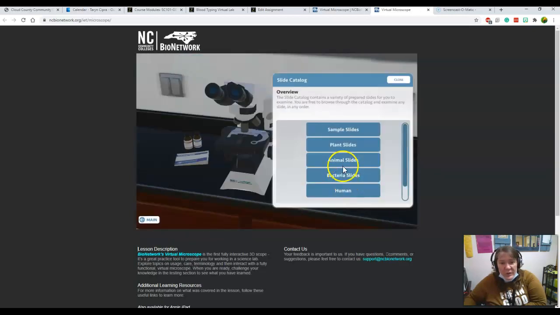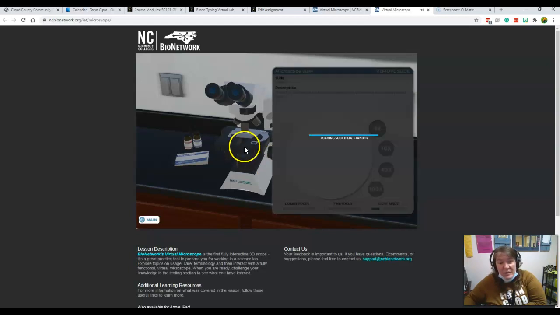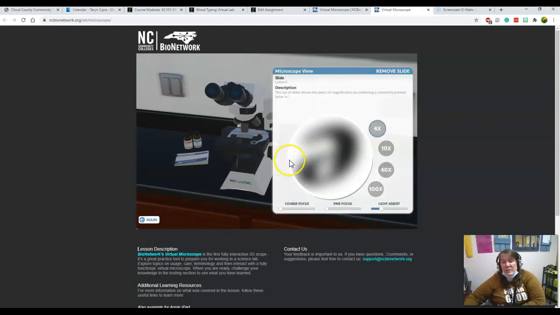You can open up and you can look at all of these types of slides. So you have plant slides, animal slides, bacterial slides, human slides, just sample slides. So we do in lab start with the letter E. It's a very simple lab because it's easy to focus on and we know what we're supposed to be looking at. So here